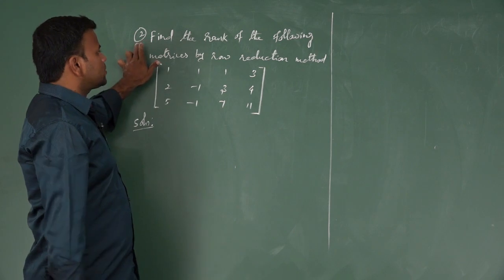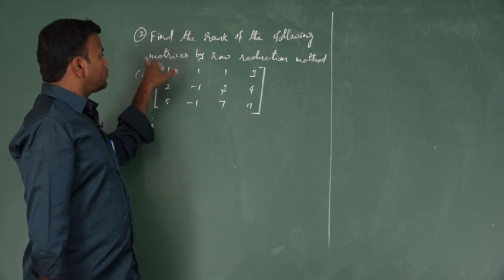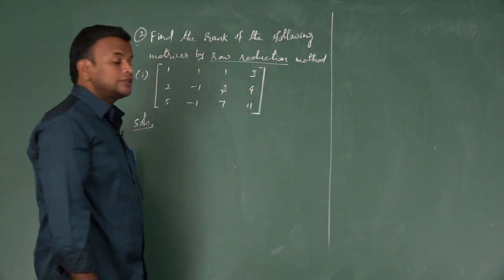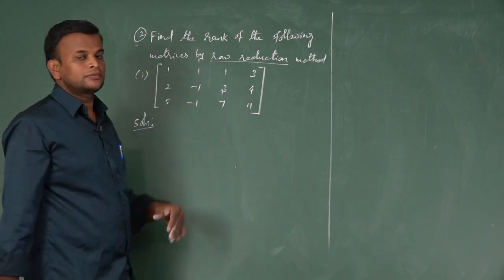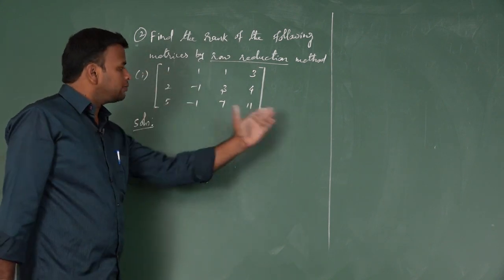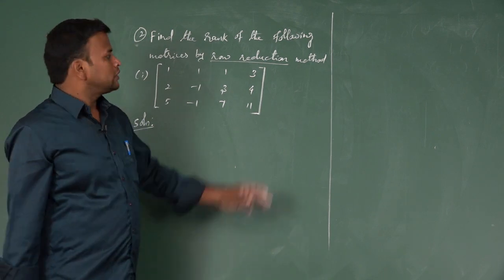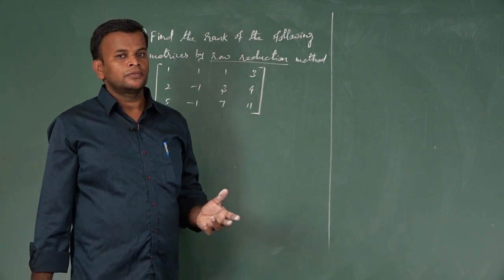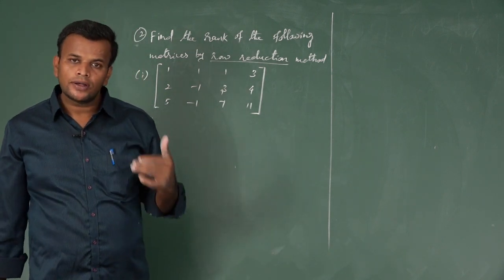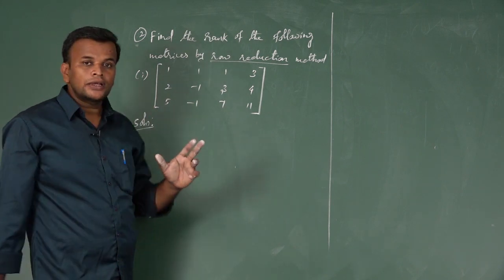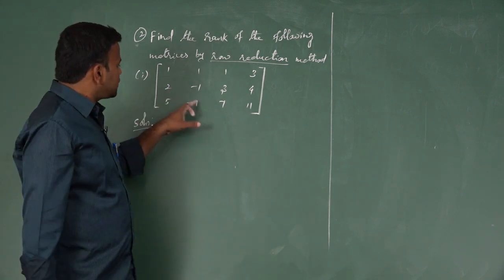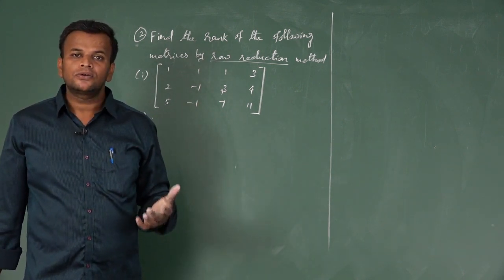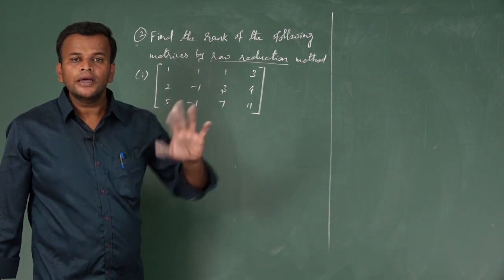In the exercise, the second one, the same question: find the rank of the following matrices. But you see, here we use the row reduction method. We reduce the rows, which means converting rows to become 0. So in this case, we use the echelon form. We identify the echelon form: the first row, first column element is always non-zero, and at least, as a minimum, these 3 elements become 0. After converting to 0, we check the number of non-zero rows, which is called the rank of the matrix.